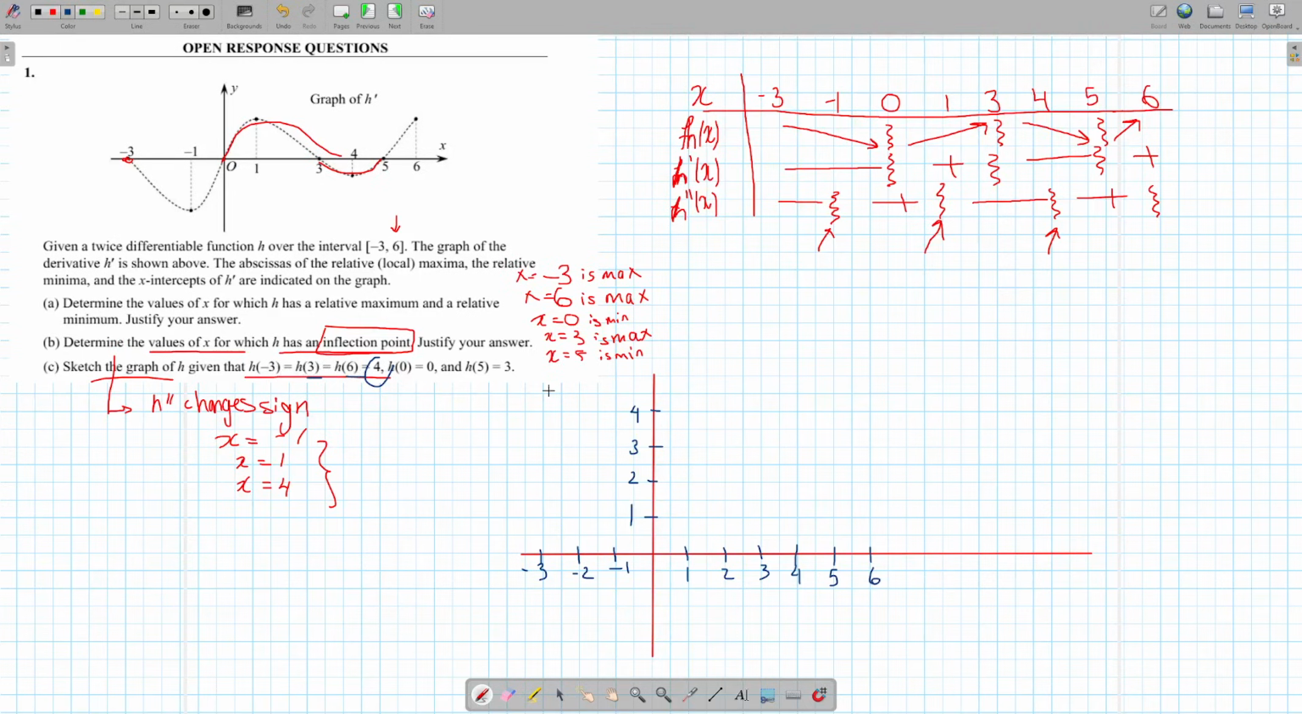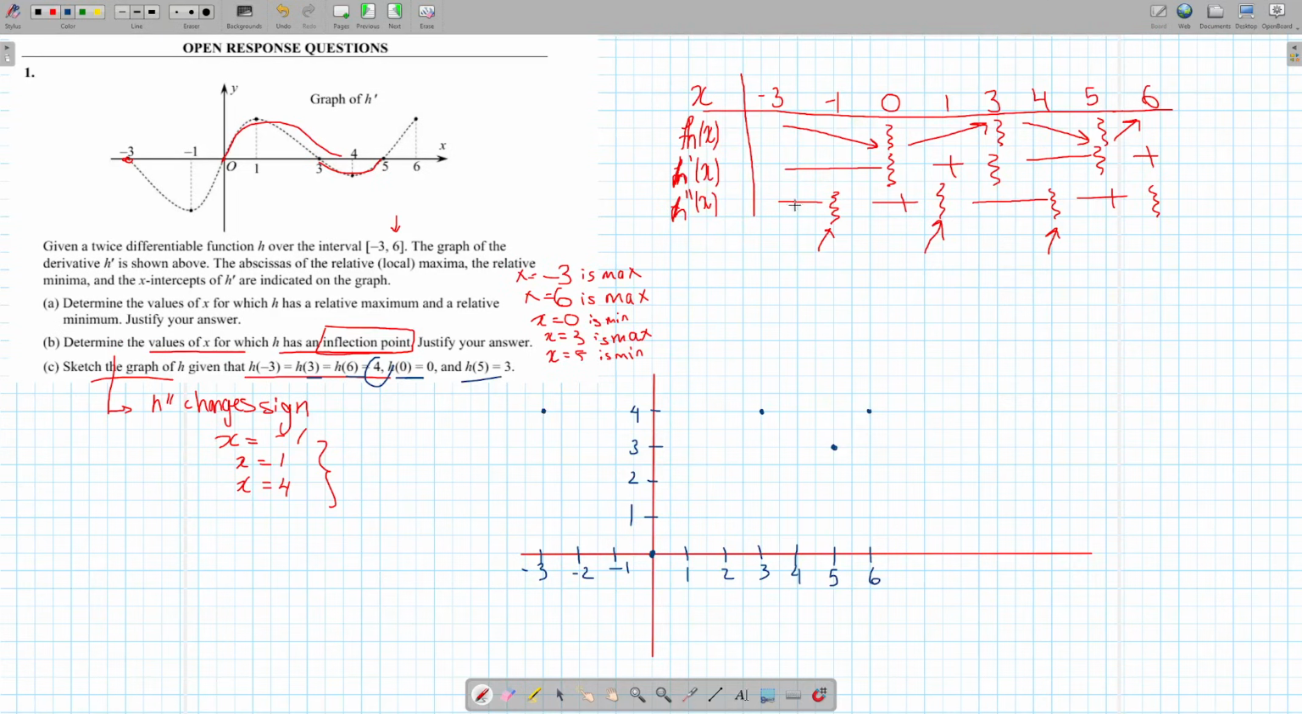So negative 3, 4, 3, 4, and 6, 4. And then h of 0 is 0, so over here you have a 0. And the h of 5 is 3. Exactly. So now we have to obviously decrease from this point to this point, but we need to decrease in